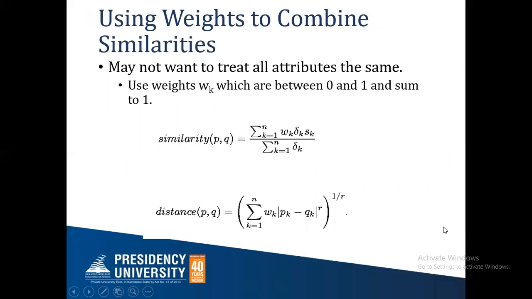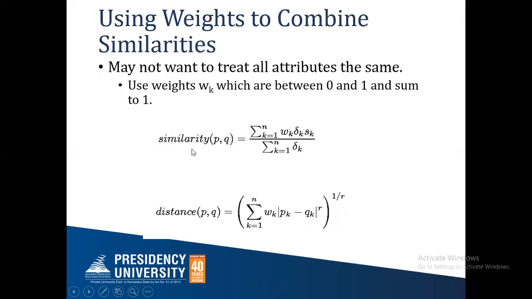How do we find this using the weights? When we want to combine them, along with delta and similarity measure Sk, we have the weights. In such a case, all attributes are not the same, so we will have the weights specified, which is Wk. These are values between 0 and 1 and sum up to 1. When we add all the weights together, it sums up to 1. So basically when we give Wk and sum up, the value does not change. Wk is just like taken as 1.